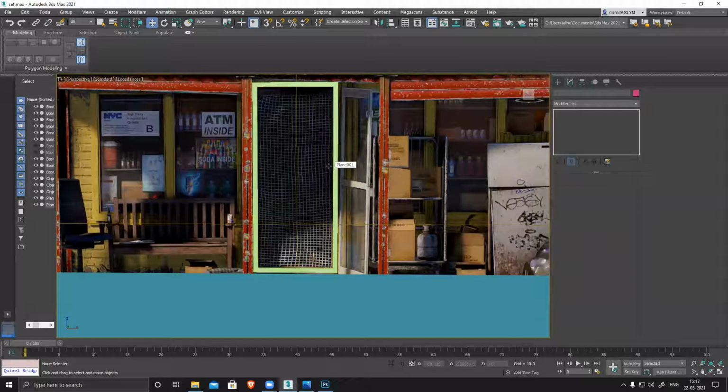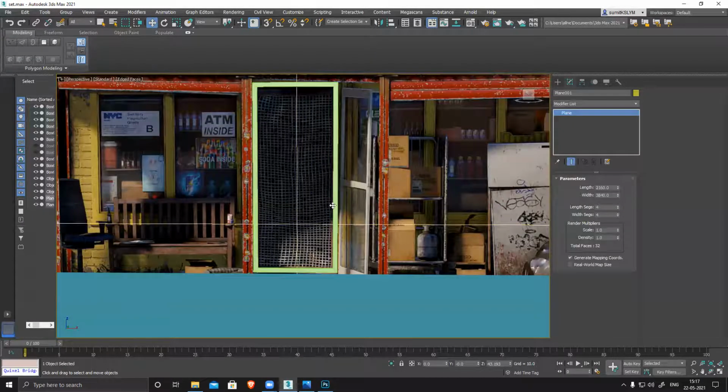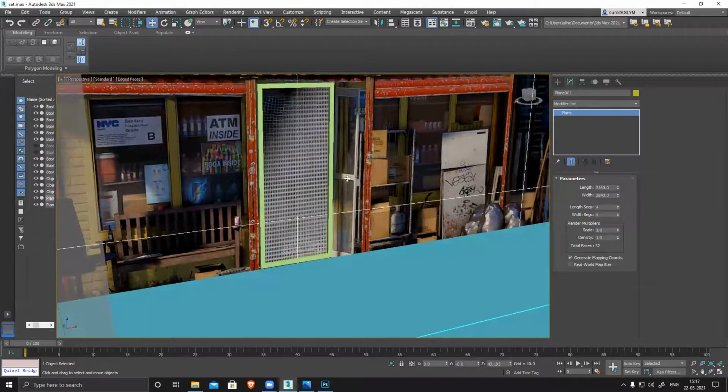Right now, just to show you, I created a simple flat plane, and all the lines, the net, everything is super clean and smooth. But when I'm doing texturing, I'll make this look like that, with all the dirt and color variation. There are holes and everything. I'll create those things. So now my basic setup is ready.